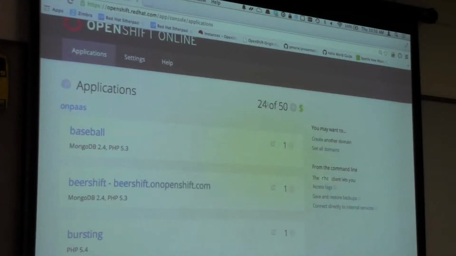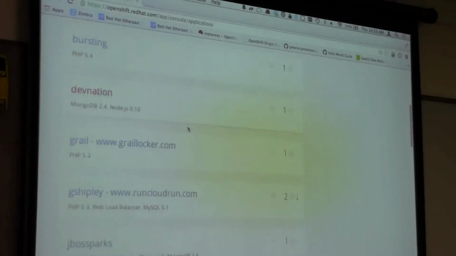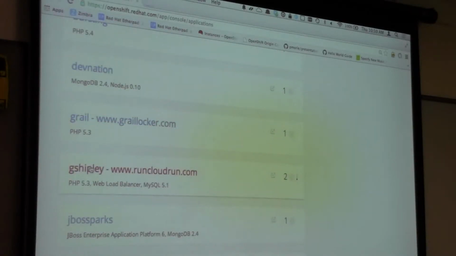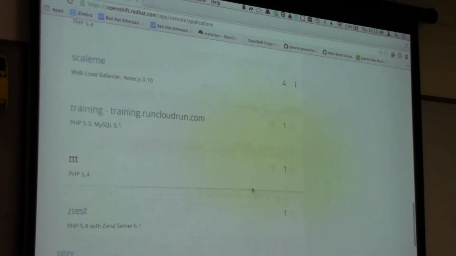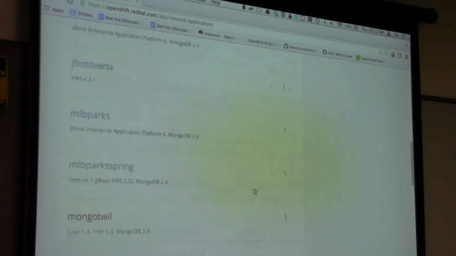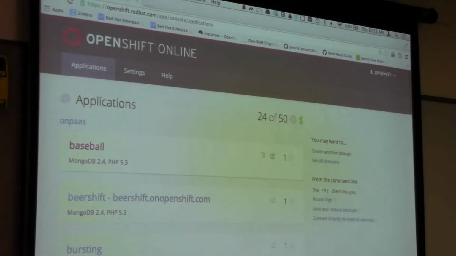I have 24 servers running right now, and you can see the name of the application. Here's my personal blog. It's actually scaled up right now to 2 servers, so some spam bot must be hitting my WordPress instance or something, sending me a bunch of comments to delete. But it actually automatically scaled up to 2 servers. I don't know if I have any others scaled up right now. So here's a demo that I did, scale me, that I'm running with 4 servers. And then I'll just start with creating an application, show you guys how to do this.